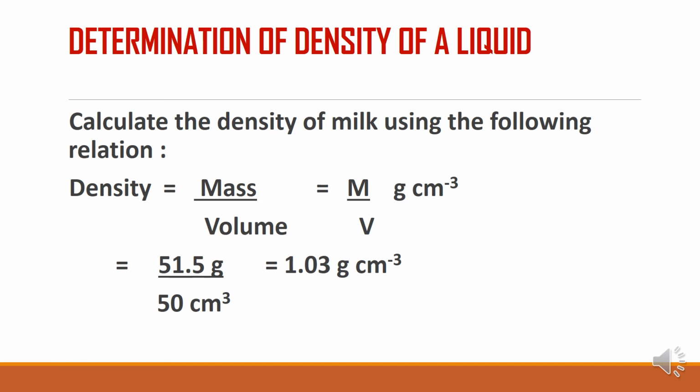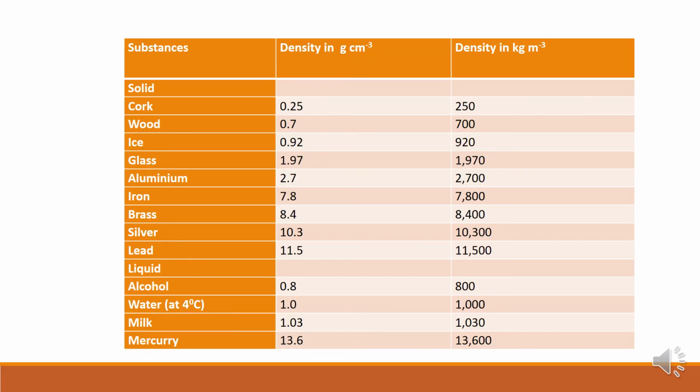So for finding the density, just remember we have to take the mass. Use any technique to find the mass. For solids you can directly measure it on a beam balance. For liquid you have to put it in a container and take the weight of the container first, and then the container plus the milk or liquid, and then subtract the container's mass from that. So you will get the mass of the liquid. Divide the mass of the liquid by the volume and you will get the density.